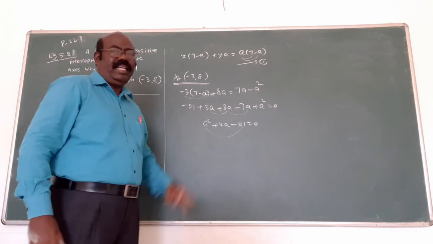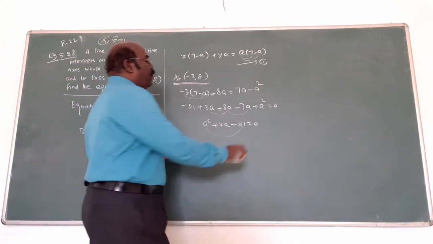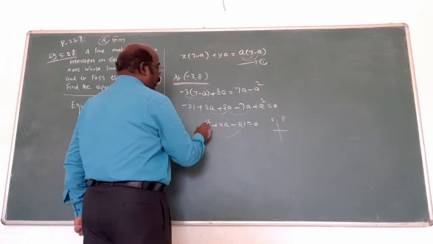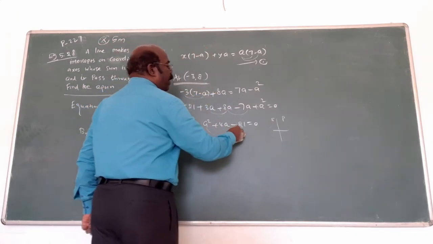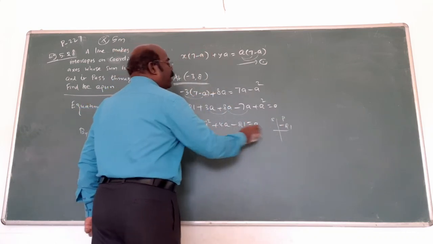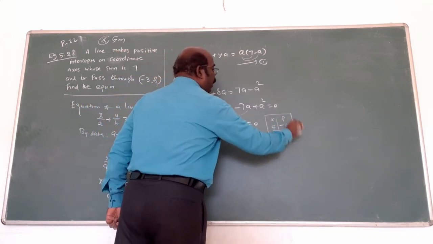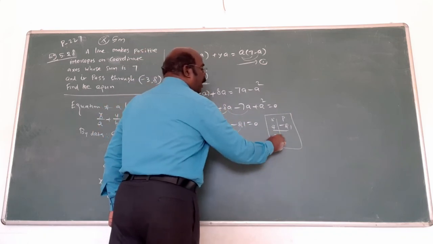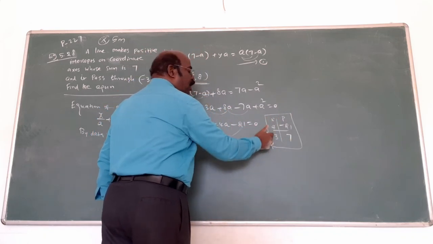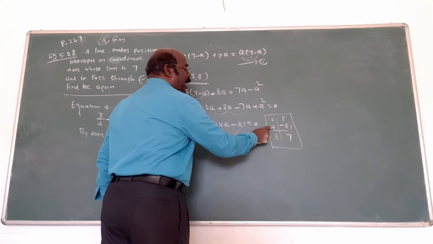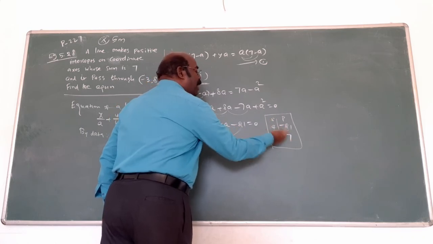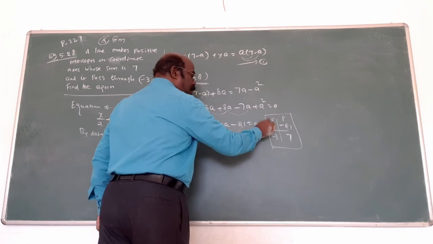Now it is in the form of a quadratic equation in A. Solve this equation, we get two values for A. What is the method? The product and sum. The product of the two numbers, the constant, is minus 21. The sum of the numbers is 4. Now what are the numbers? You want to guess? 3 sevens are 21. But we want minus 21, so you put a minus in one of the places. But here plus 4 is the sum. That's why minus here. What is the reason? 7 minus 3 is 4.